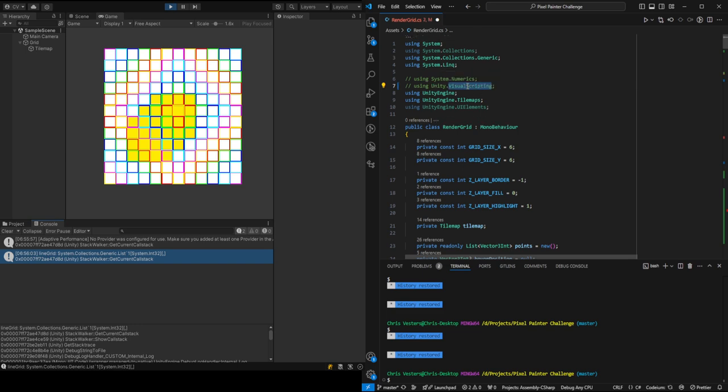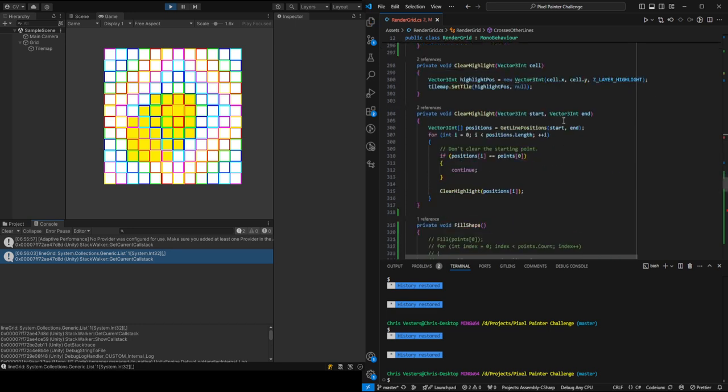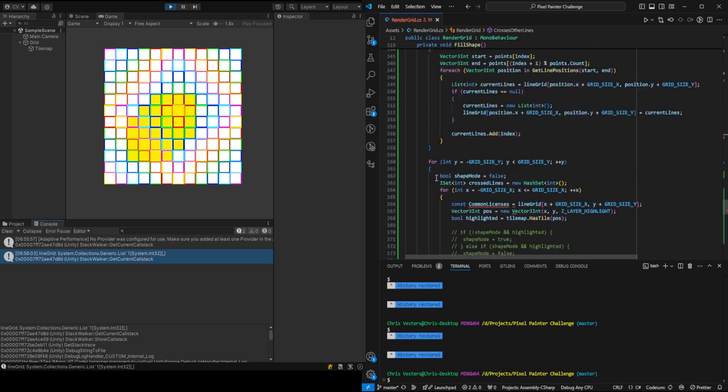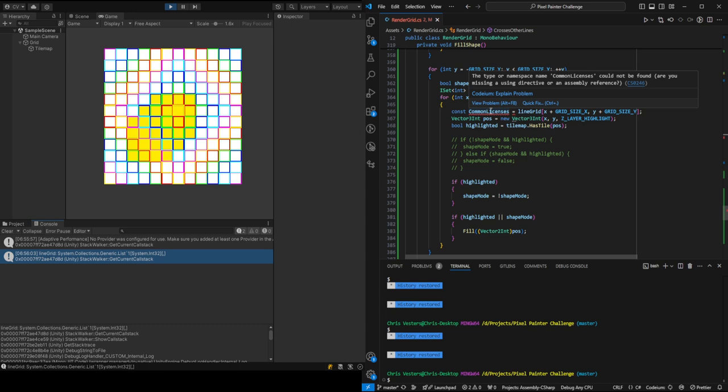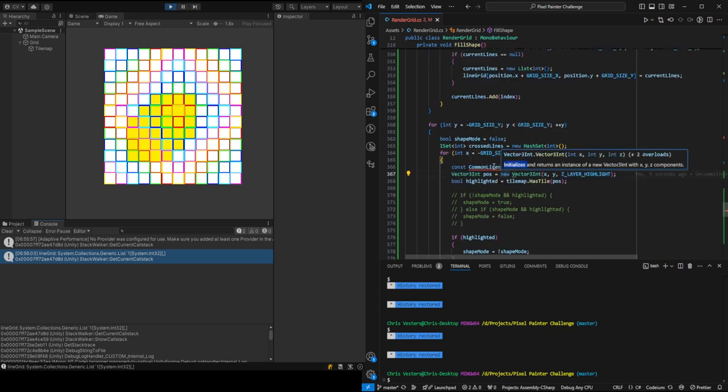I probably use a lot of it, don't I? Seems like I don't use any of it. I would definitely think I would have used common license. What the hell is this? Common license. That's probably